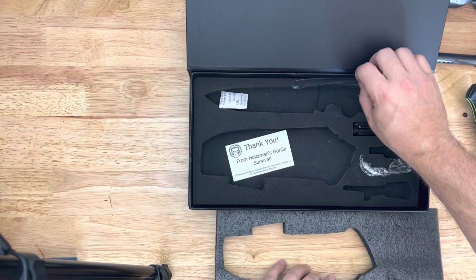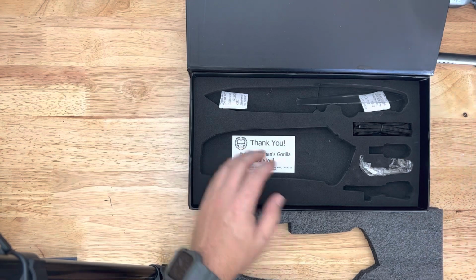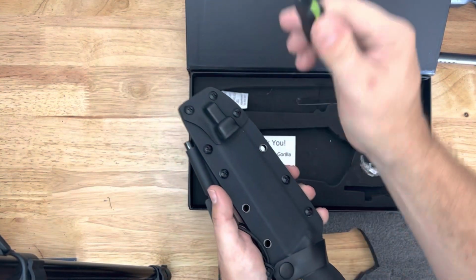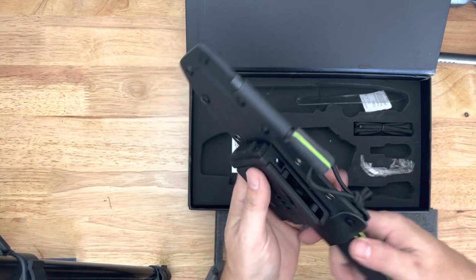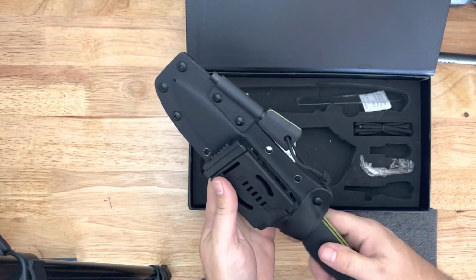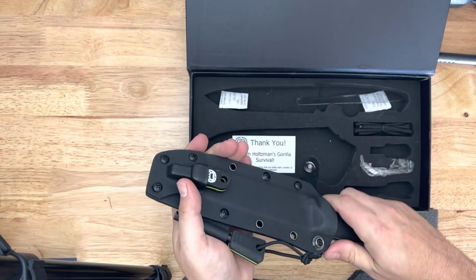It comes with this protective sleeve on the edge. You've got your thank you card. You've got your detachable fire striker here that lives in the sheath, which I guess is kind of redundant. It does have a 90-degree edge. So anyway, you got your fire steel that came in here, knife with the tech lock attachment, and the sheath